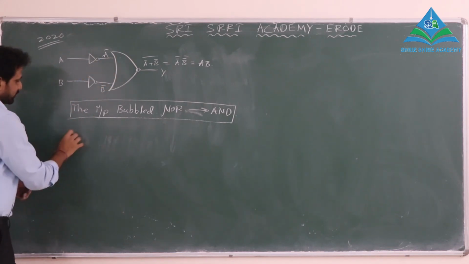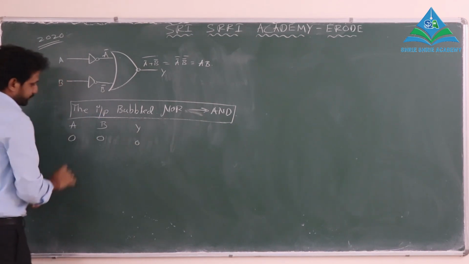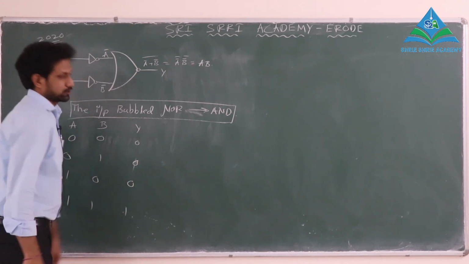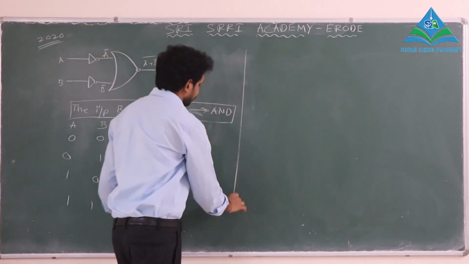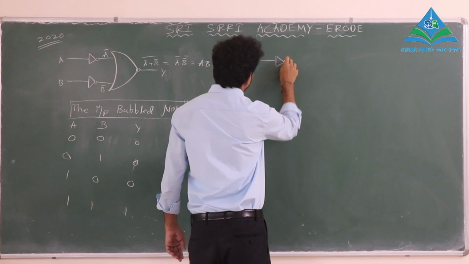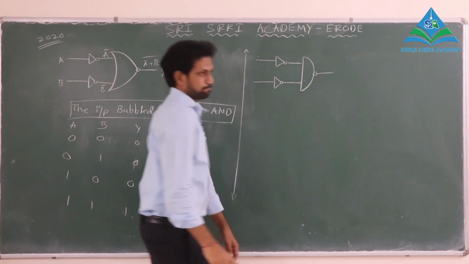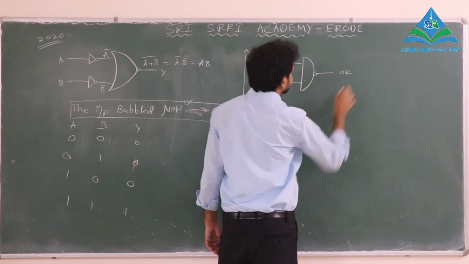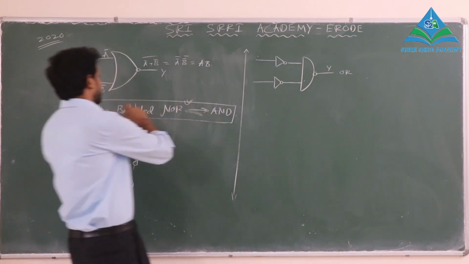Then the truth table will be 0, 0 for A and B. If both are 0, then the output is 0. You can decide the truth table by simply remembering this. Now I can give you a similar example. Instead of a NOR gate, let us consider a NAND gate. If you consider a NAND gate here, it will come as OR. Trust me, this will give you OR. But what is a similar statement you can have here?